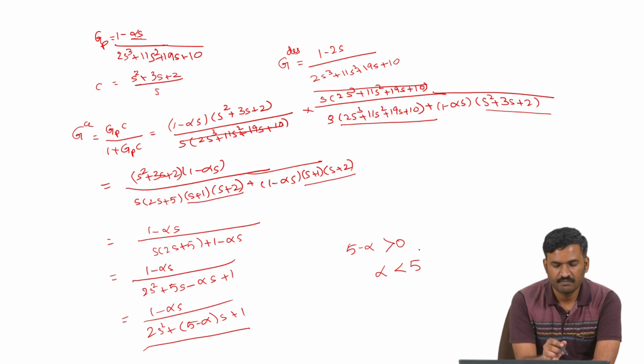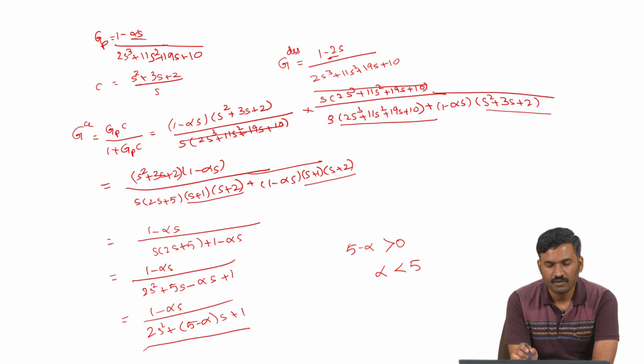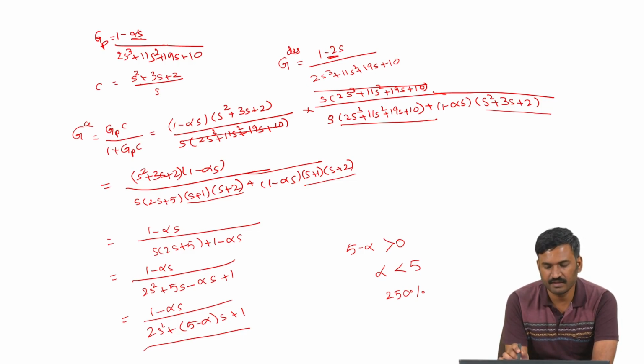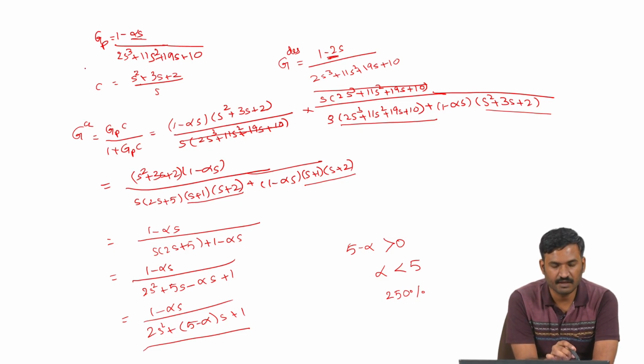So, we assumed the alpha to be 2. So, any alpha which is less than 5 can be controlled by this controller. So, we can tolerate error up to 250% of the original model which we have assumed, which is 1 minus 2s divided by denominator polynomial. That means even if the process transfer function is 1 minus say 5s divided by the same denominator function, we will still be able to control the system and get the same performance as specified by this closed loop function